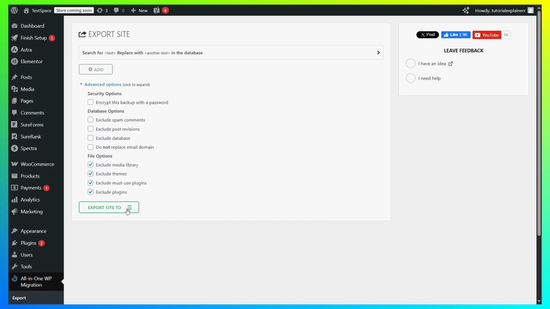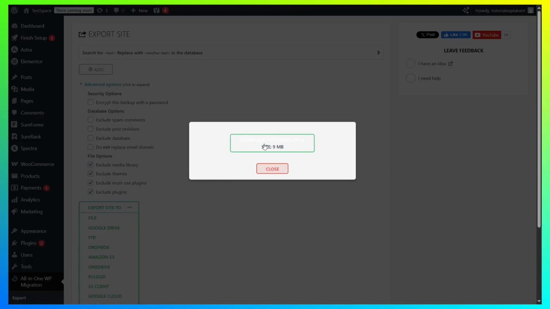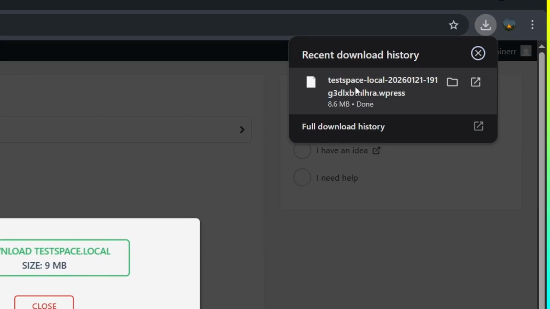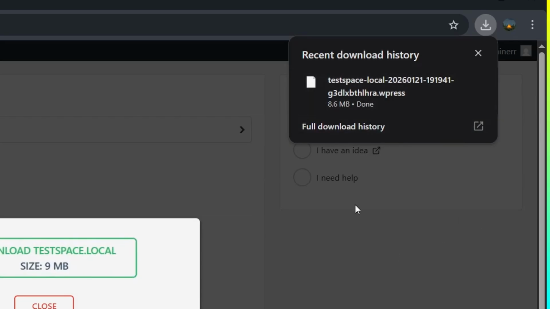So just click on export site to and select where you actually want to export the file to. I'm just going to export it to a file. And you simply just want to click on download the actual name of your site. So just go ahead and click on that. And this is just going to download it here for you. So this is the file that we need. It's going to be .wpress basically. And this is the one that we will need with the other, where we actually want to migrate the site